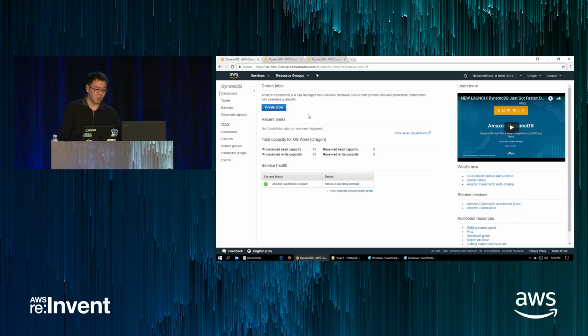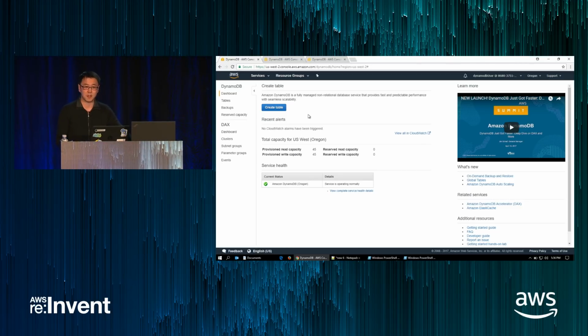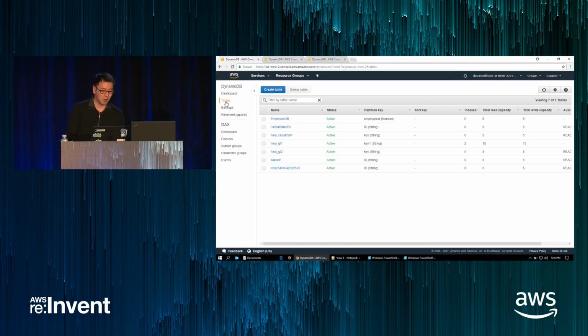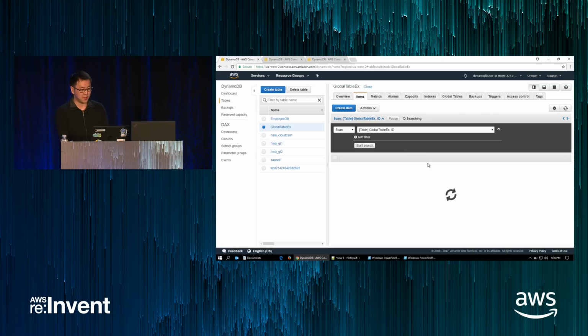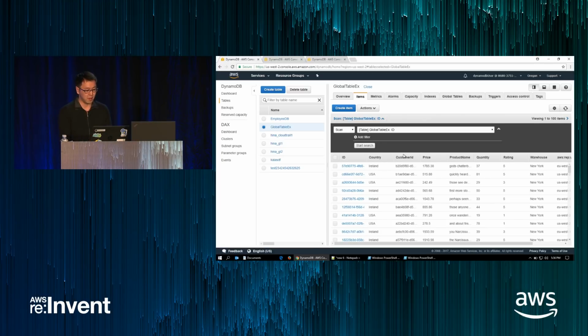Great. So we're starting here in the DynamoDB console. Hopefully many of you are familiar with this page. We'll go to our tables, and let's first take a look at a global table that I created before this. What you can see here is that this table has some items in it.